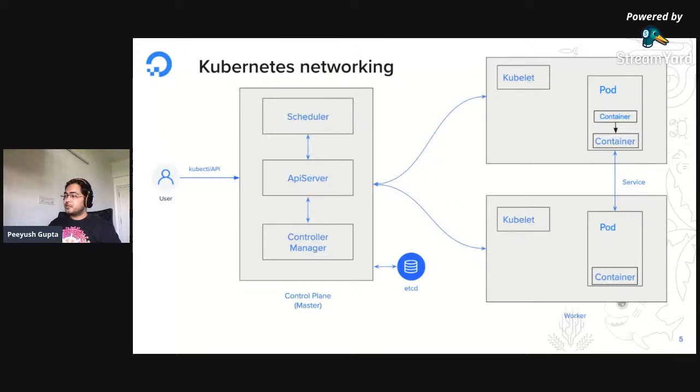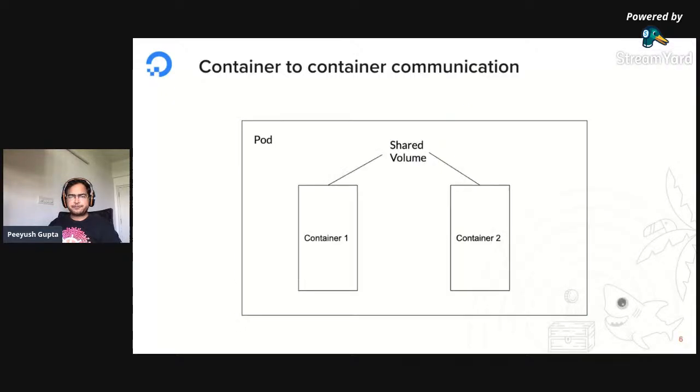You have got your control plane components talking to each other, then they are talking to your worker components using kubelet, and then you have got your pods talking to each other, you have got containers inside pods that are talking to each other. So there are a lot of things going on. The thing that I want to cover during the course of this presentation is to create a foundation on how some of the basic communication happens, and then that can actually serve as a baseline for further components.